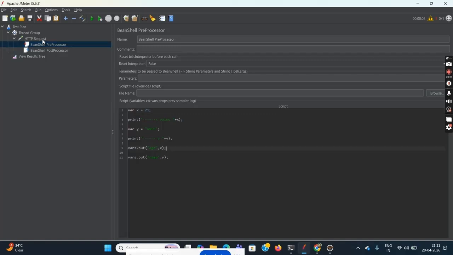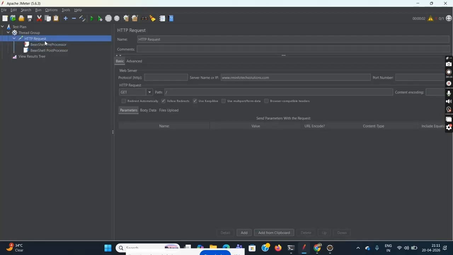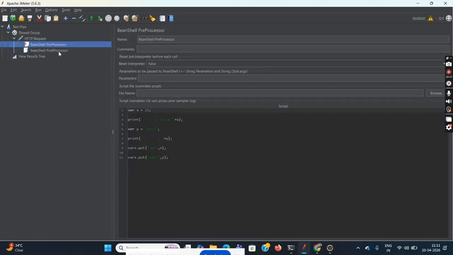Okay. Even if you do not write before, it will still be called, because pre will always be called before this request is made. Okay, and post processor means when the request has been made. So in my post processor, I want to get this value, name and age. So in post processor, I will write again vars dot get, and the variable name,